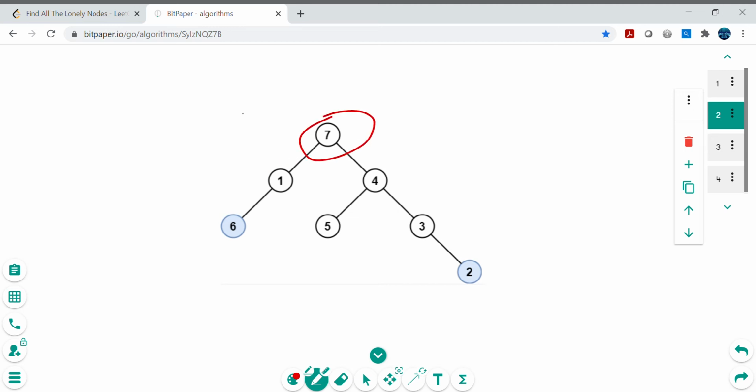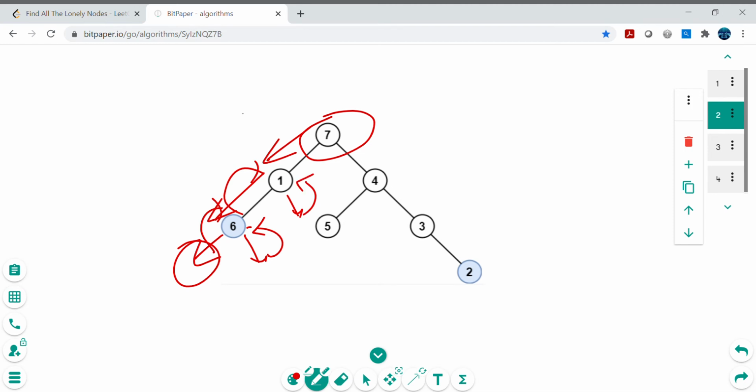We start from the root, go all the way to the left, and left is null, it hit the base condition, then it comes back to its parent, and then it checks to the right, it hit the base condition, it comes back to the 6, then it will go back to the 1. Left is already been traversed, it will check, okay, what is the right, it is null, it will come back to its parent, it will again come back to the 7. Left is already been traversed, so it will go to the right side, and then again it will go to the left side, and then it will go to the null, hit the base condition, it will come back